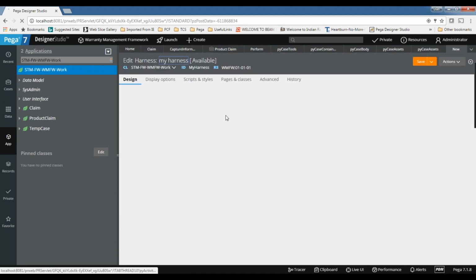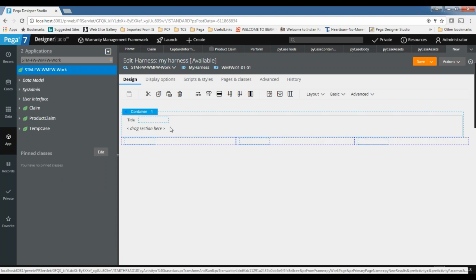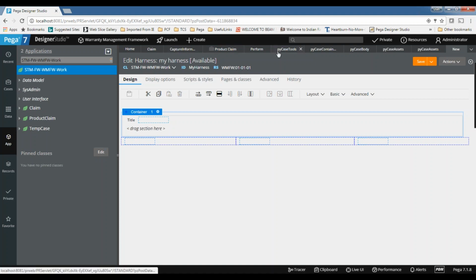Here also you cannot do something on your own. However you want to present the UI, you need to drag the section only. You cannot do anything extra here. Wherever you configured the container things, you can just drag that section and then it will be displayed.